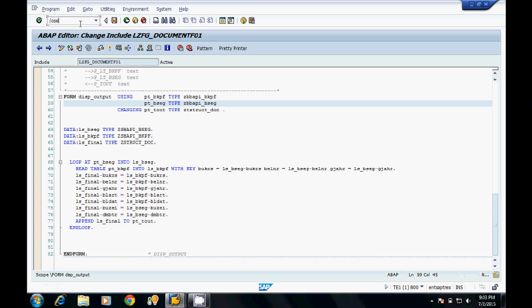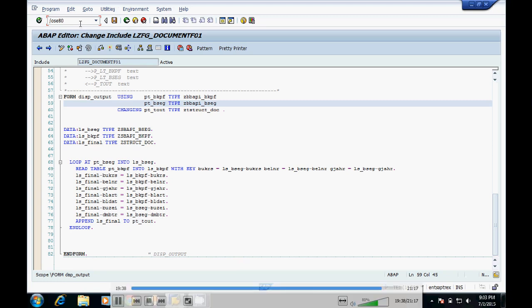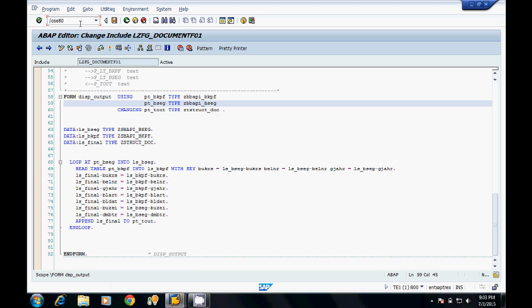At last, you have to go to transaction code SE80, because ultimately this whole logic is part of a function group. A function group is a container for the function module, and ultimately this whole thing will be stored in the function group. So SE80 is the transaction code for the function group.